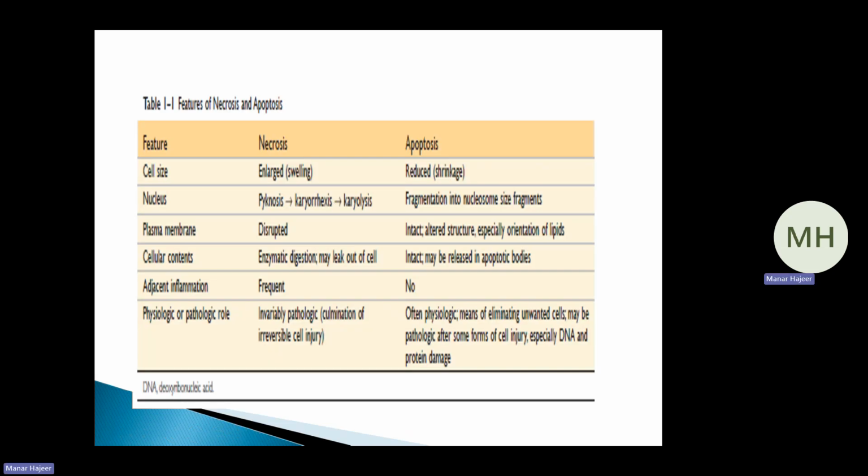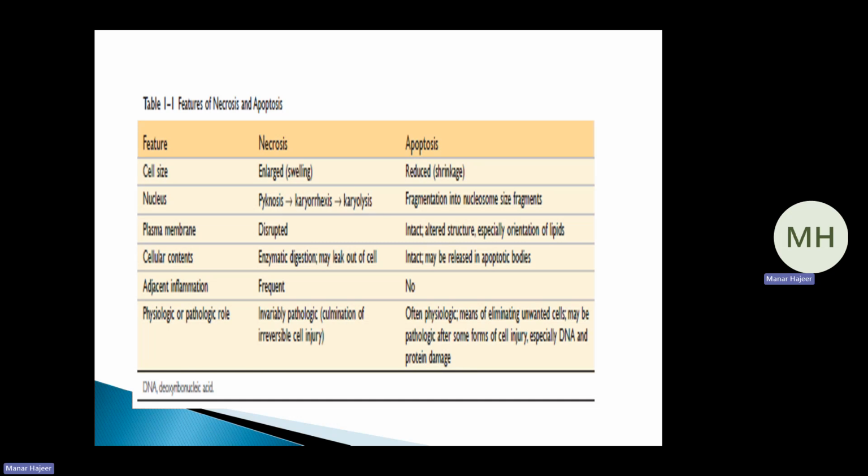Now this table is very important because it summarizes the differences between necrosis and apoptosis, which I already mentioned in the first slide. In terms of cell size, in necrosis the cell is enlarged, is swollen because of the increased water content. بينما في apoptosis the cell size is reduced, the cell is shrunken. The nuclear changes in necrosis involve pyknosis, karyorrhexis, and karyolysis, and in apoptosis we only have fragmentation of the nucleus into small nucleosomes, and every part will go into